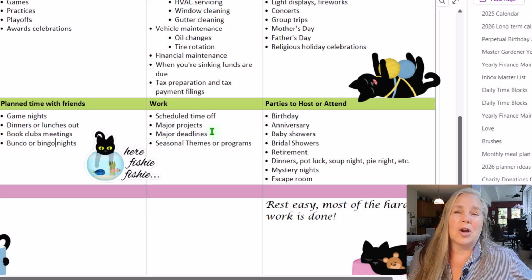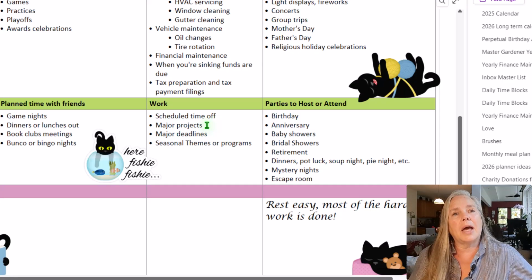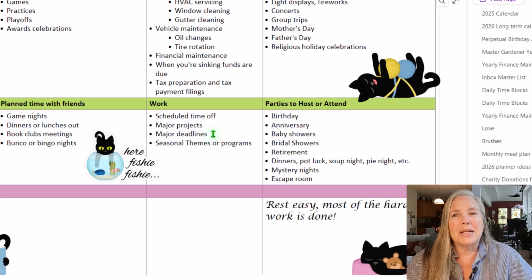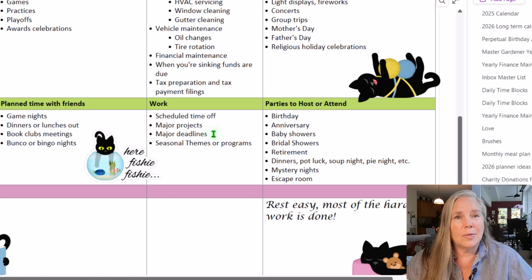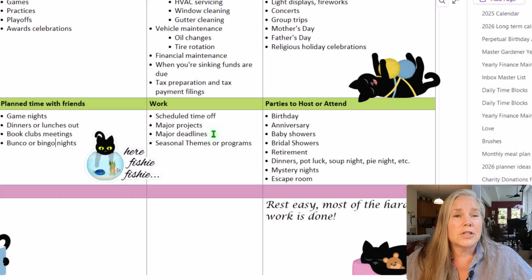All right, also for work, some of the things that you might want to do is list any major projects that you might have coming up. Depending on the line of work that you are, that project list could be very extensive. And you might also want to write down any major deadlines that you have, when your APRs are due, when your fiscal year is ending, when your new budget has to be submitted, all of those kinds of things.